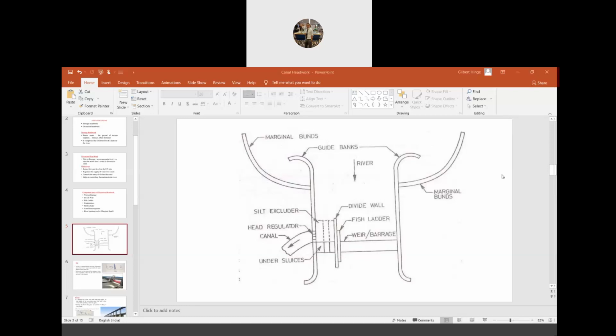What I will do is, I found one video which is very good. They have explained it very well. You'll see the real structure, how they construct all these structures in the real field. I will be sending that video link now in the group. All of you, please watch that video so that all these parts will be clear to you. You see how they select the site, and where to construct all these parts.